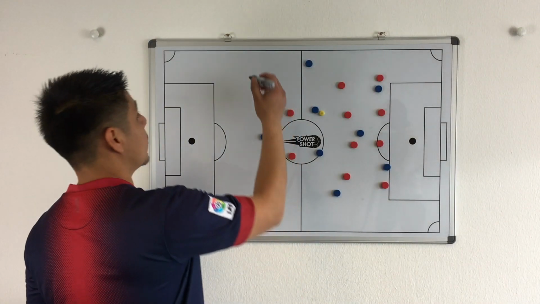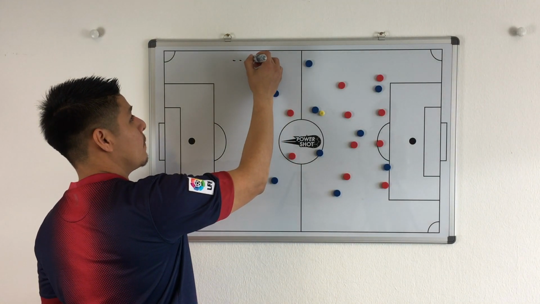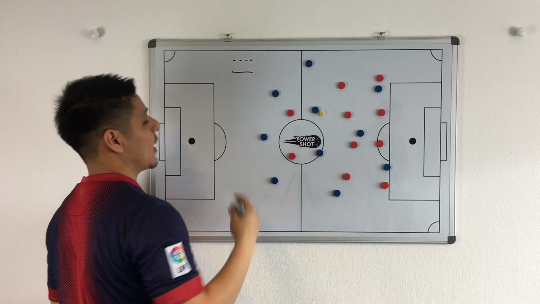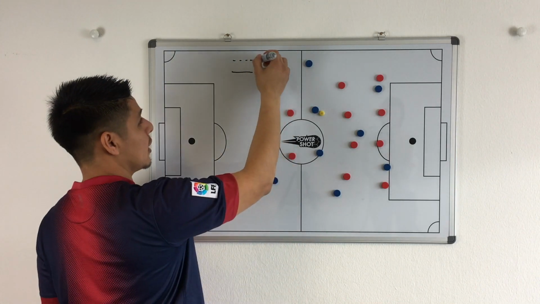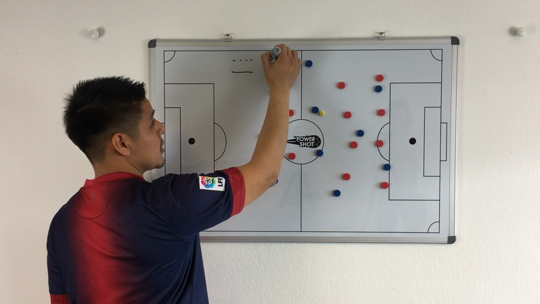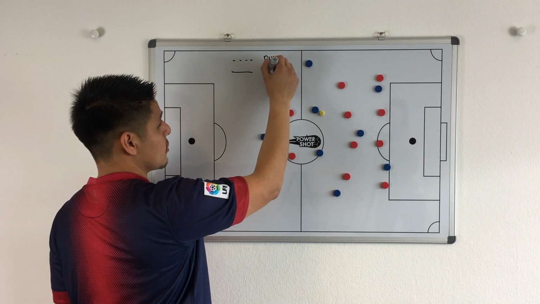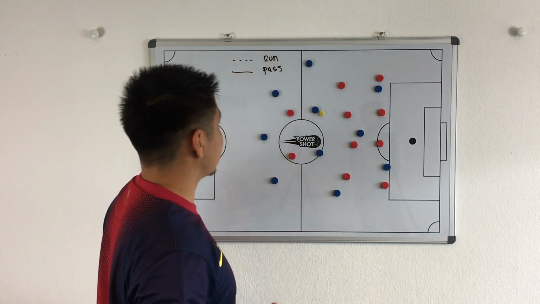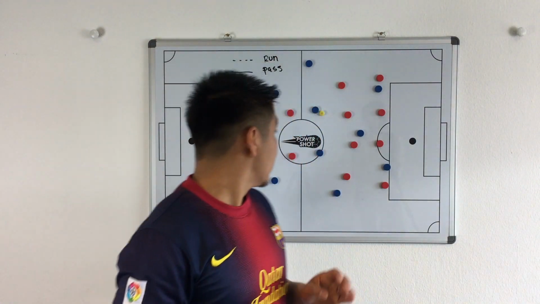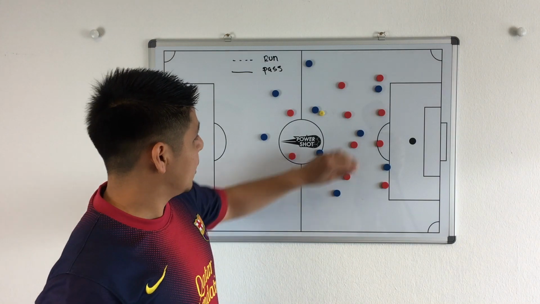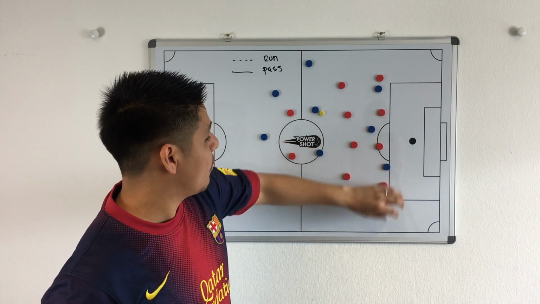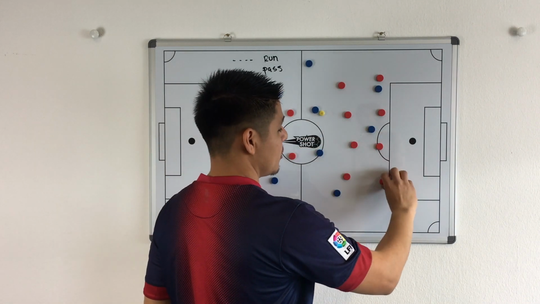So with this marker, I'm going to show you here the two types of lines that we're going to be using. The first one is a dotted line, and this will be representing a run. And this line, the solid line, will be representing a pass. Okay? So now that we have that information,